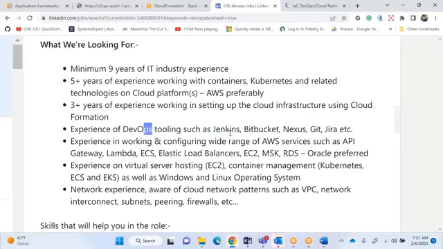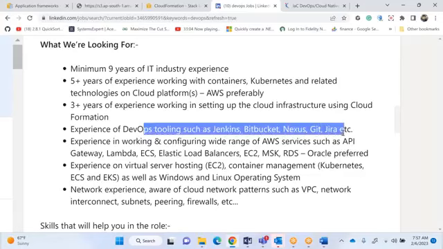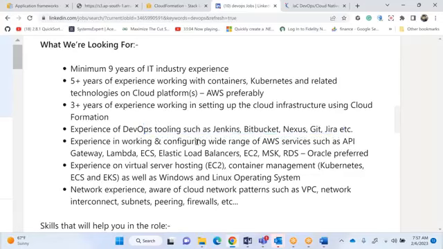This is all about DevOps. Then you should have AWS services like API Gateway, which I'll explain you, Lambda function, Elastic Load Balancer, ECS, EKS. This is security, which I'll explain you, RDS databases, EC2 instance, Kubernetes, I'll explain you, Linux operating system, VPC, subnets, everything is covered if you see here.